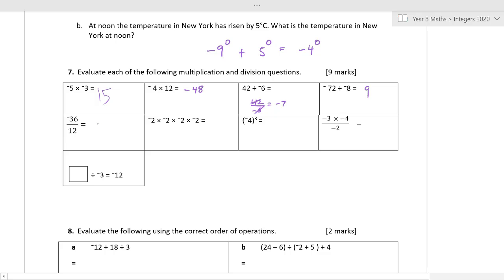Likewise, that is negative 3. Girls, I'm going to get you to do this really quickly. This one you've got to break down. Negative 2 times negative 2 is...